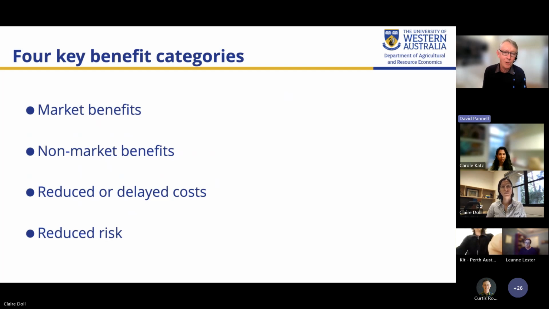It's possible to identify four broad categories of benefits that require different information sources, and they probably have to be calculated and processed in different ways.